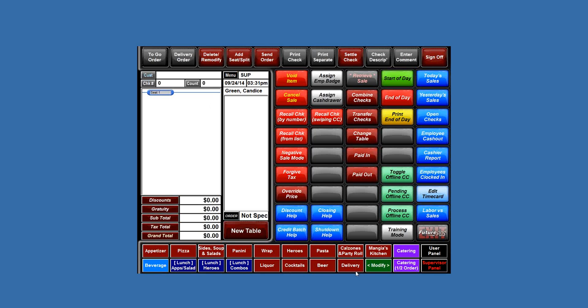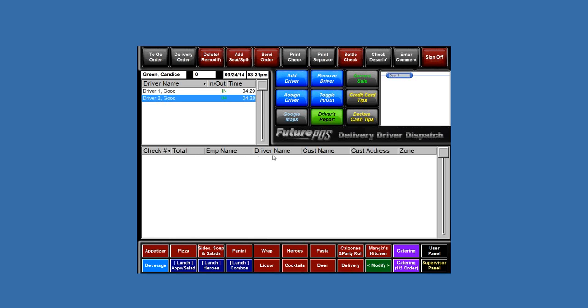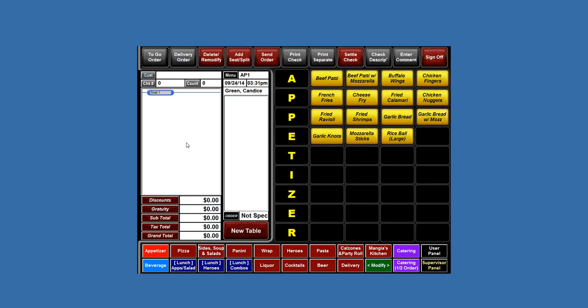You'll notice down here at the bottom we have what's called delivery. If you go in here, we have the delivery dispatch center, which you'll be able to assign drivers to particular orders and also toggle them in and out in regards to when they're in the building and when they've taken a delivery out. So getting started, what we'll do today is we're going to go ahead and ring up a